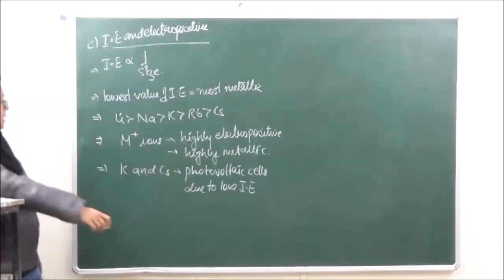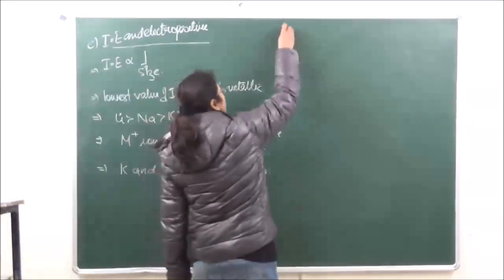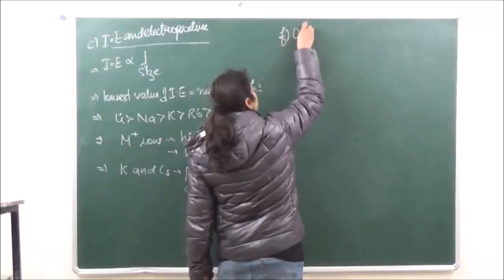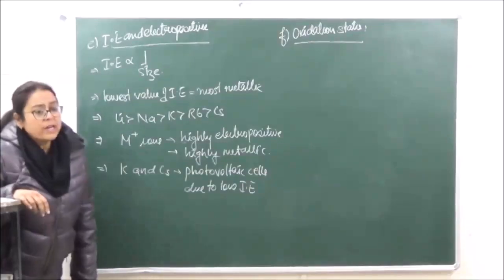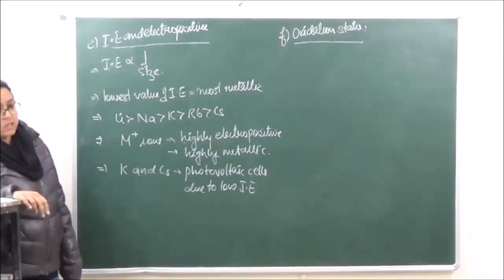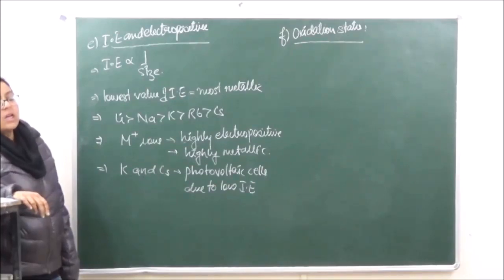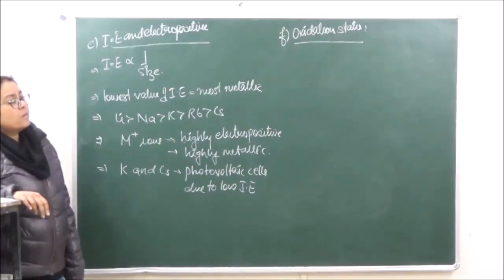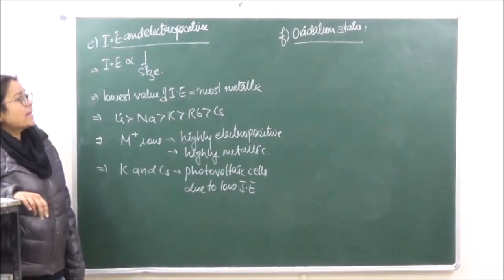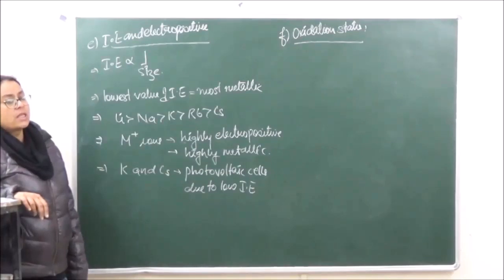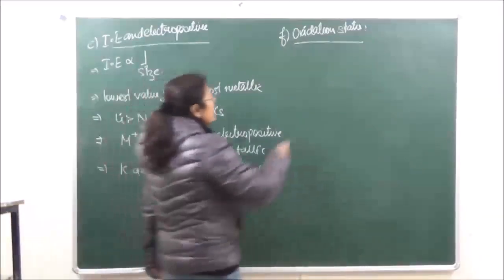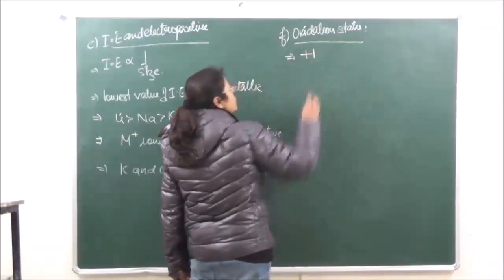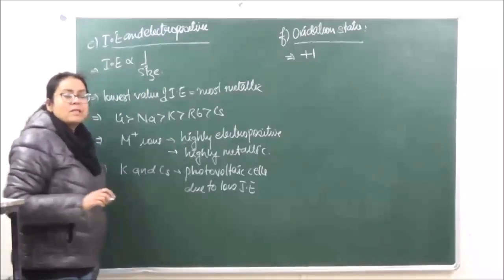of ionization energy. Then the next property which we are going to discuss is oxidation states. Now these all are going to be unipositive elements, or univalent positive elements, which means that they can have only one positive charge. The reason behind that is that they have only one electron in the valence shell, which when lost, they are going to enter into the nearest noble gas configuration. So the only oxidation state which is going to be possible over here is +1.